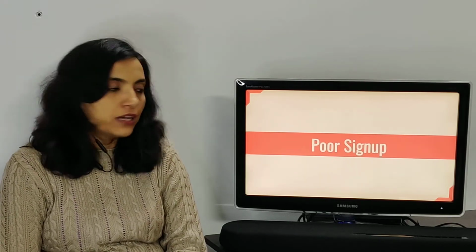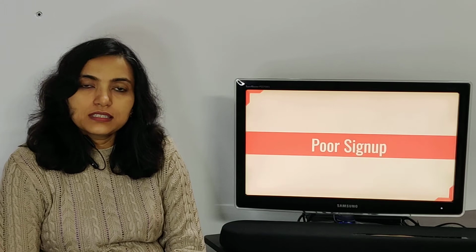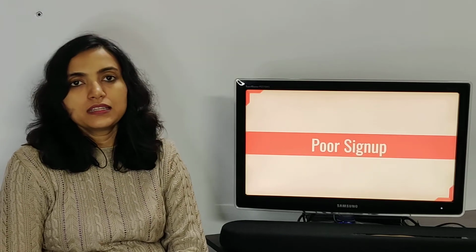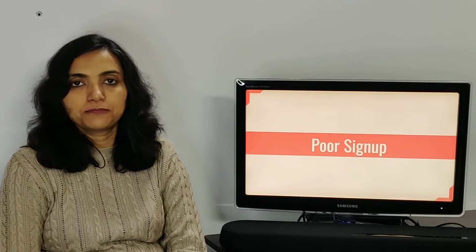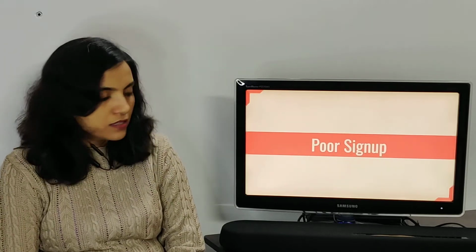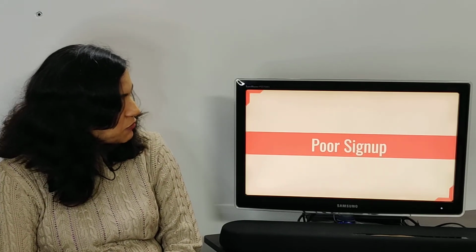And when you do that, you may qualitatively identify some of the problems people are facing, which will be your opportunities. For example, you may realize that many people are not signing up because they expected to know more about what the app has to offer to them before they would put in the effort in signing up. Or certain other people may not be signing up because the option you have given them is sign up with email, but they are mobile first users and they are more comfortable with a mobile and OTP based sign up, right? So now let's move to yet another example before we finish this episode.